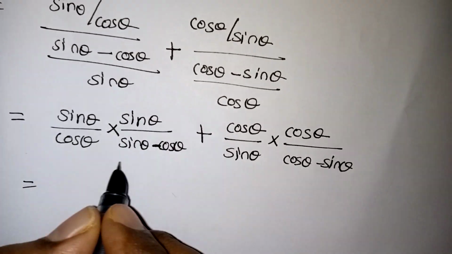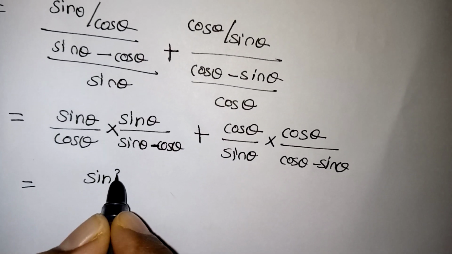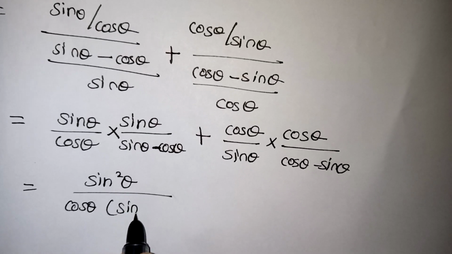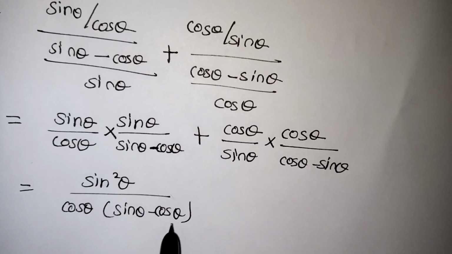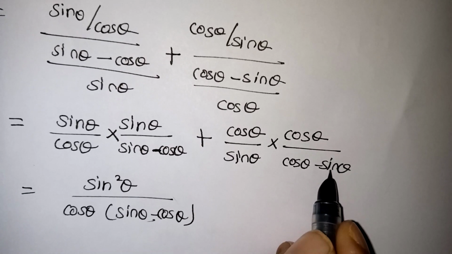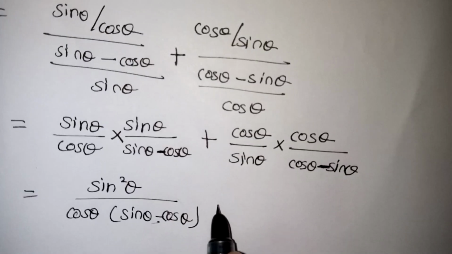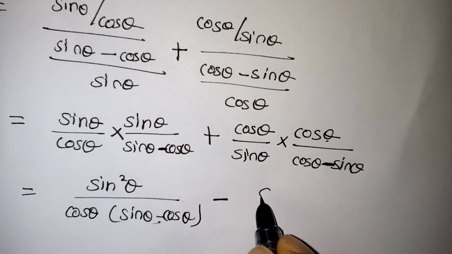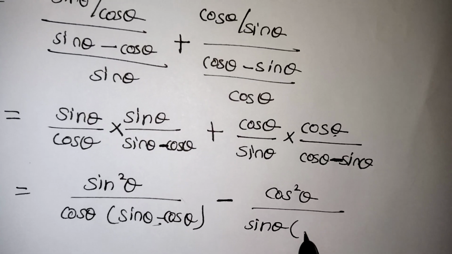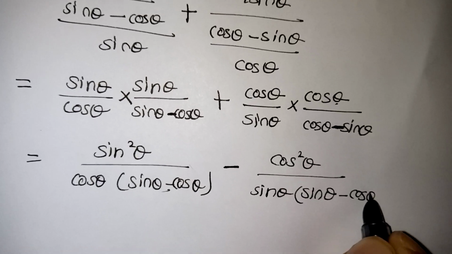So here this one I am not going to change, only the multiplication of sine. Sine theta into sine theta, we can write it as sine square theta divided by here cos theta into sin theta minus cos theta. So here I am having sin theta minus cos theta, and here also I am going to write it as sin theta minus cos theta. So I am going to change the places of these two numbers. So the minus sign will come out from here. This plus will become minus now. Now cos into cos will become cos square theta by sin theta into, so this one we can change the place now because we have taken the minus sign outside, sin theta minus cos theta we have to take.